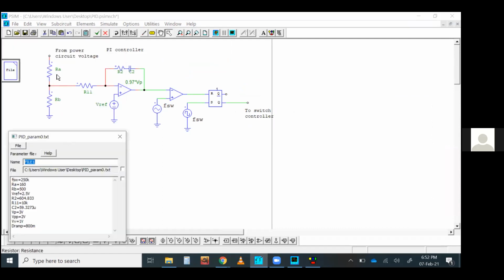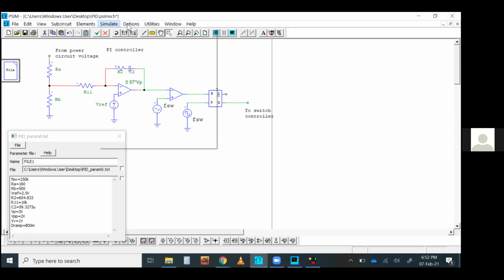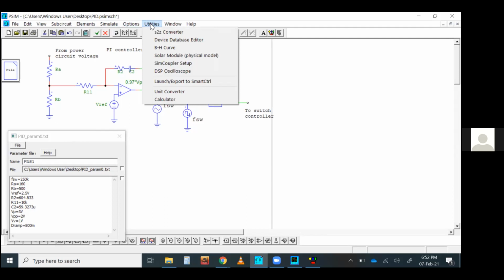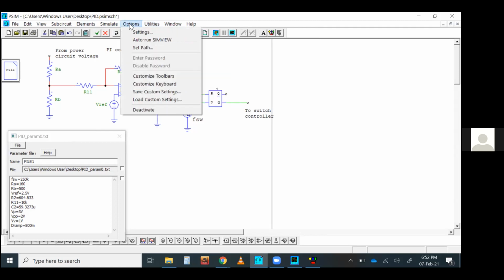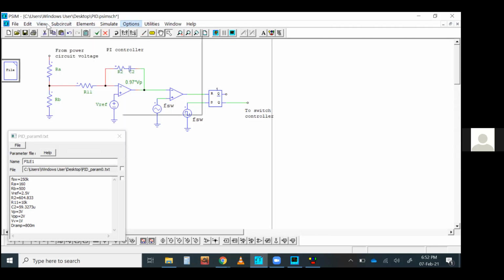You don't need to put the values of individual parameters here. Same goes for the simulation. You can just make a parameter file, which is available in some of this area. Okay, you can find it later. There's a tab where this parameter file is available, where you can define every variable. So you can change it from here. No need to go for individual components.